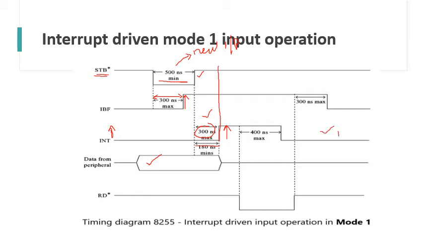As the microprocessor takes action, that is, reads the data from the input port when it is interrupted, the read signal goes low, indicating the read operation at the port. When 8255 gets the read signal, it knows the data at the port is being read, and after the end of the read signal, with a maximum of 300 nanoseconds, the INT signal goes low. This is how the pins function.